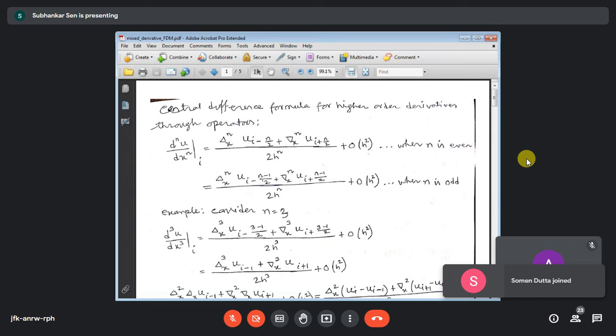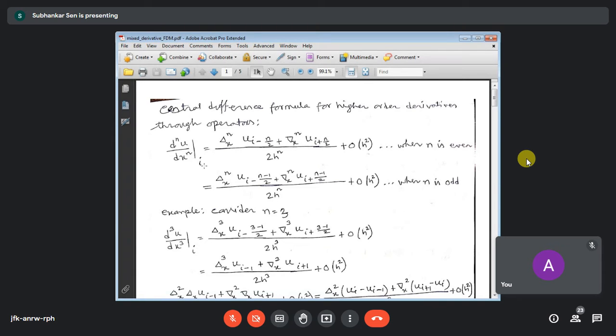So if n is 1, n is 3, n is 5, and so on, we get the second formula. In the second formula also you can see that we have one part with the forward difference and the next part with the backward difference, just the opposite kind of thing. Here this I means u(i+n-1)/2 for the backward difference. Whatever extent you are moving in the forward direction, by the same extent you will move in the opposite direction. And because of this averaging, we have this 2, and this is certainly h to the power n